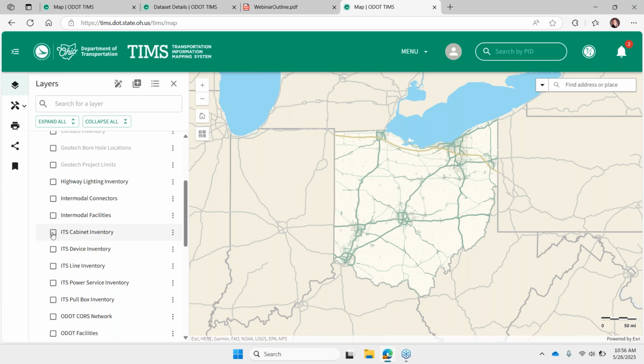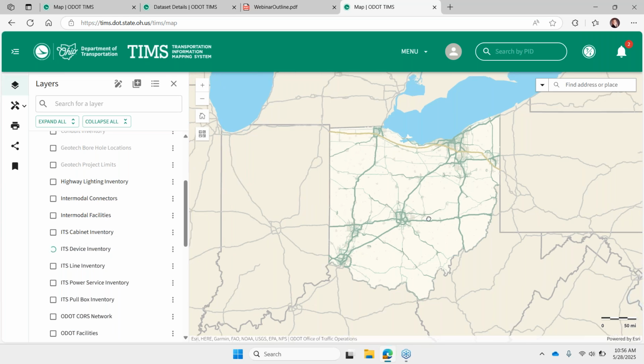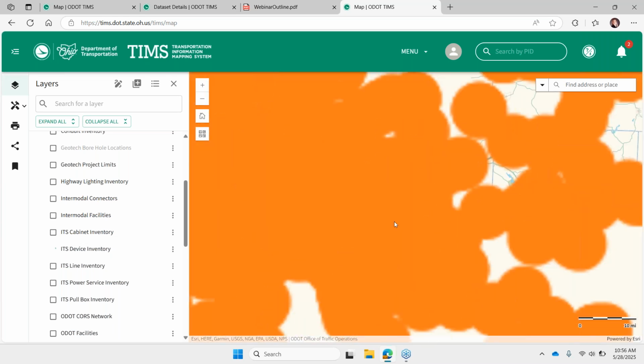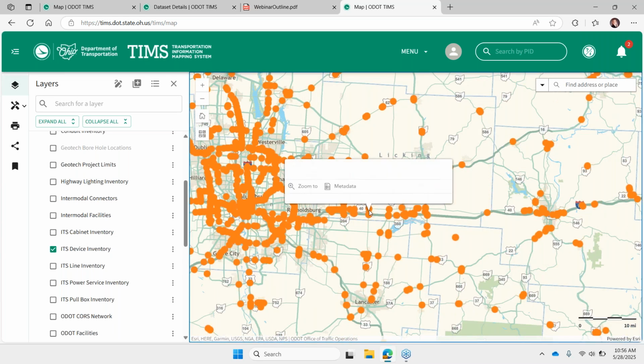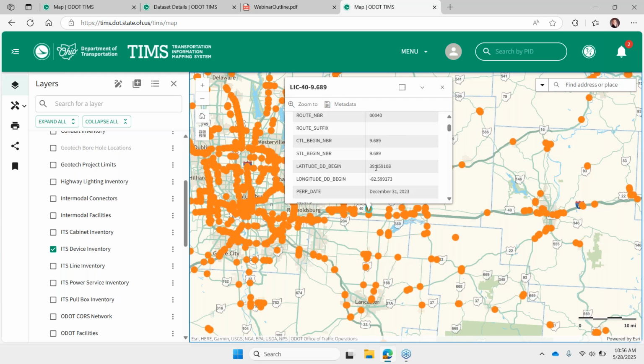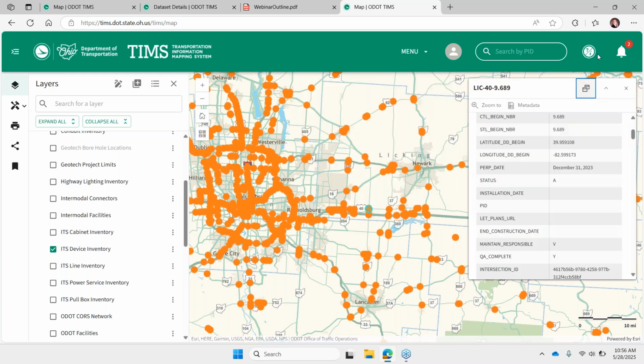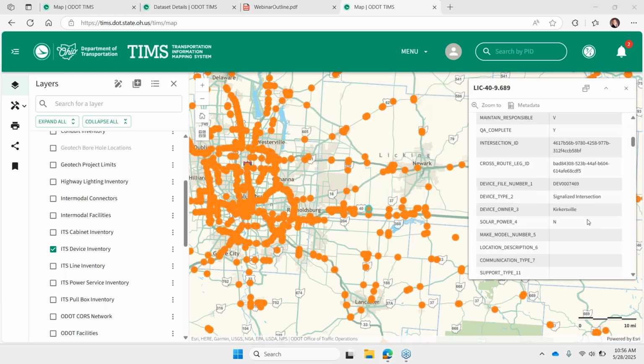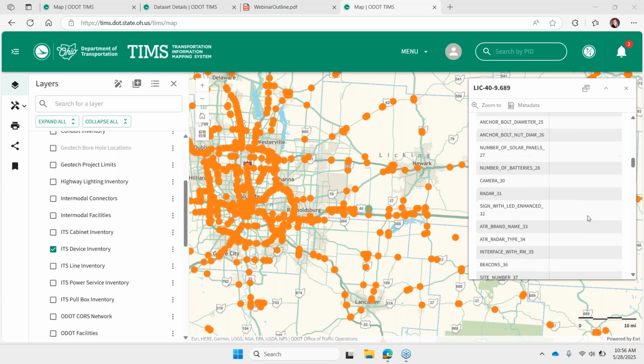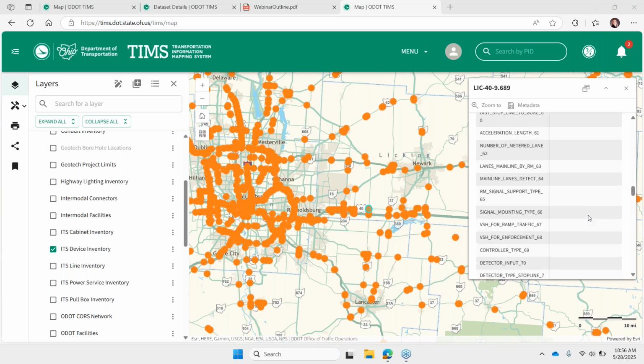Yeah, and I also want to invite you to explore the layers that you're interested in. A lot of them, especially if they go through our ODOT Asset Management Field Maps Collector program, within the attributes, a lot of times there will be links to other systems where you can view attached images.